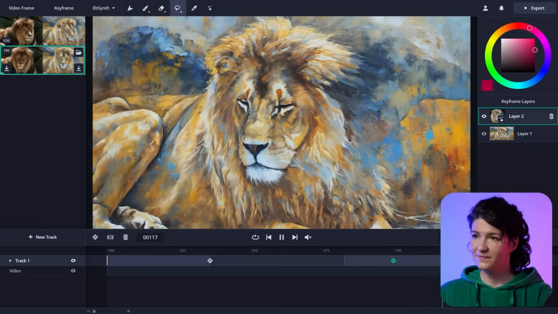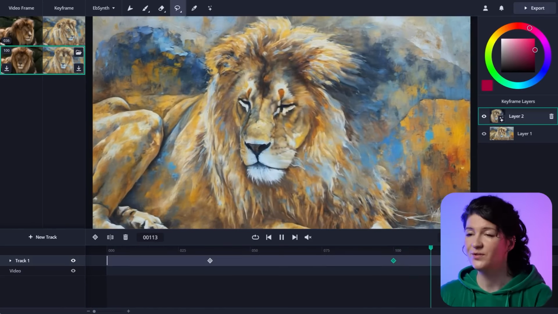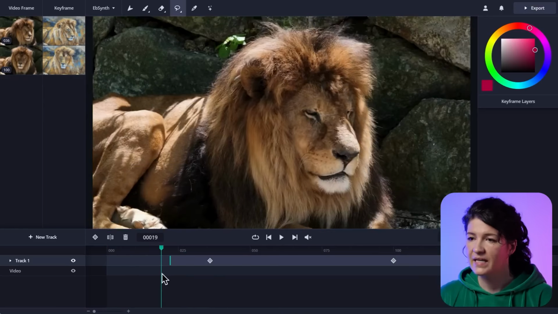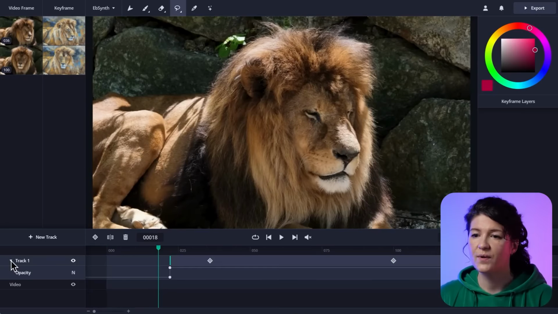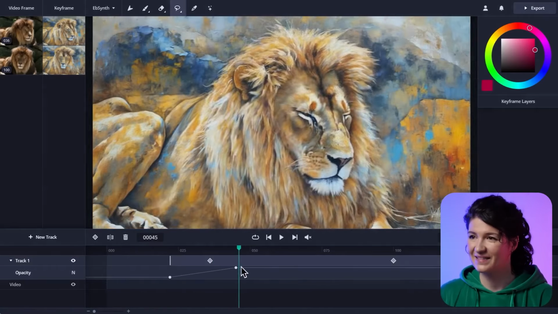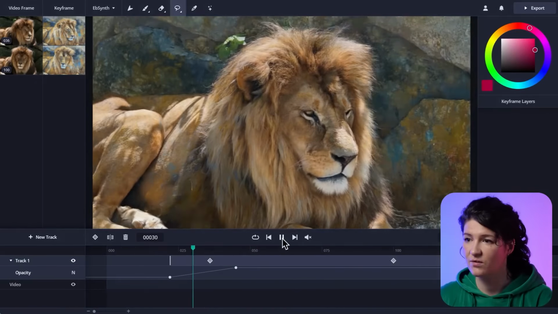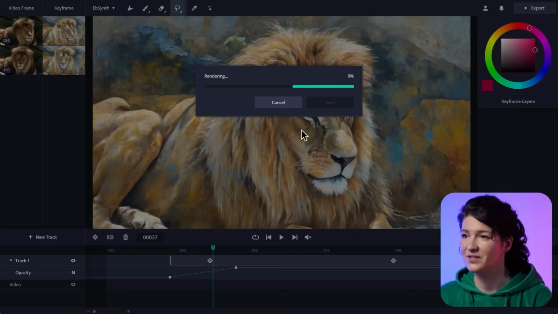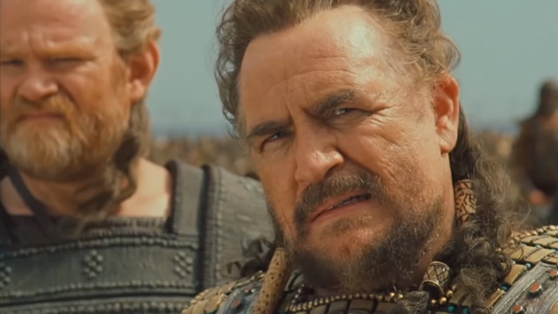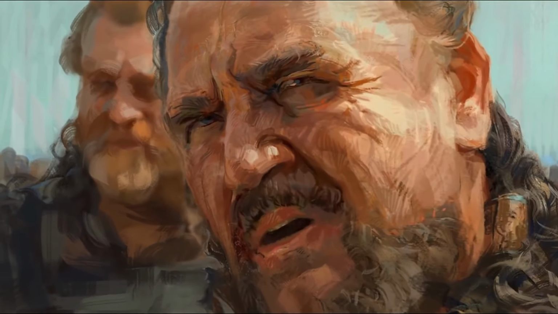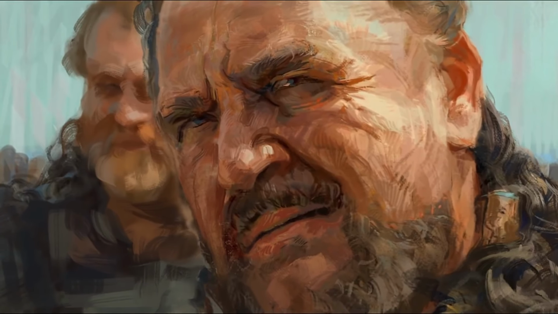You can select an area just like Photoshop and generate an image for that area. It keeps the structure, so it's really amazing in my opinion. You can use the player heads here. You can create multiple layers. You have these opacity options here to actually transition between the opacities, and all in all, the software is pretty awesome. You can export directly through the browser, and thank you to the creators for creating such an